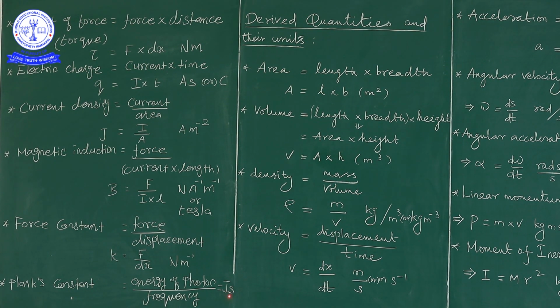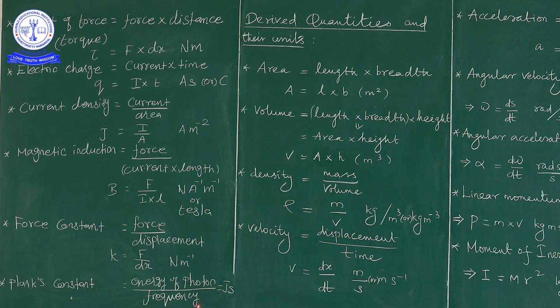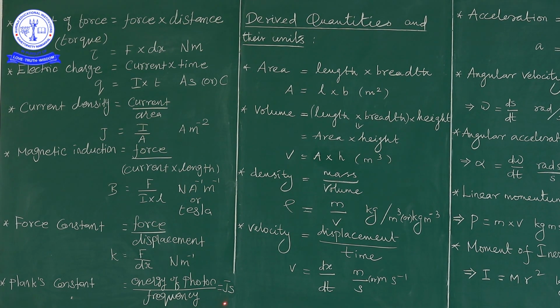How does second come? The reciprocal of the time period is nothing but frequency. The unit for frequency is the unit of the reciprocal of the time period, so I write 1 by second. Frequency is in the denominator; when the denominator becomes the numerator, the sign of the power will change. So up to this we have discussed many of the derived quantities and their corresponding units.